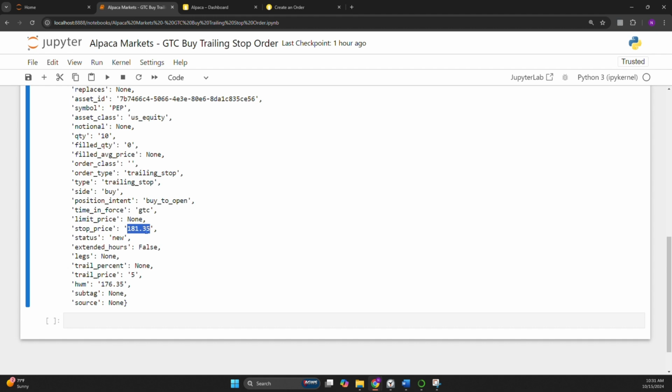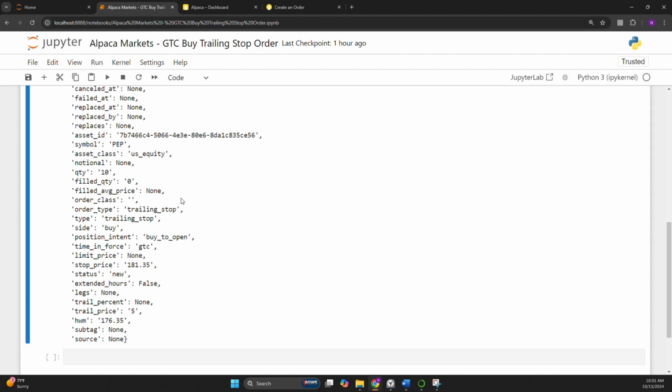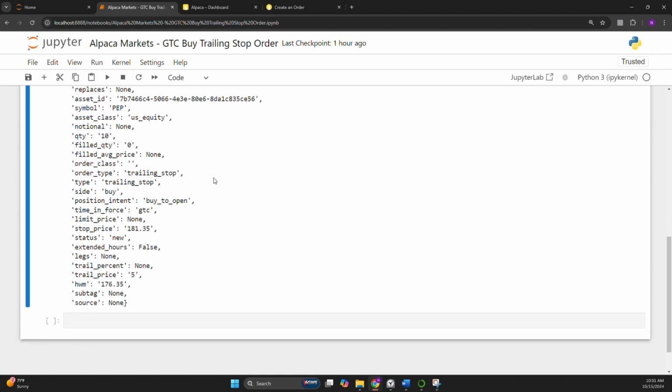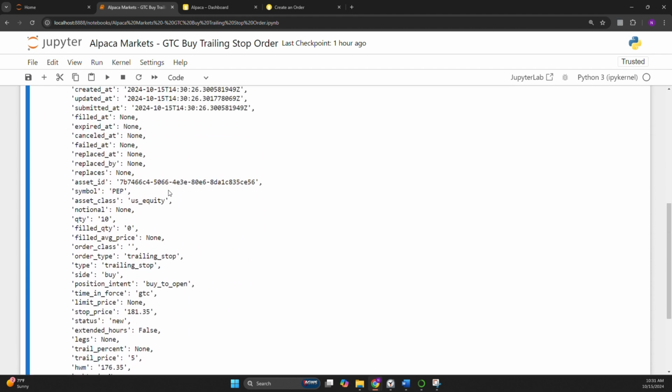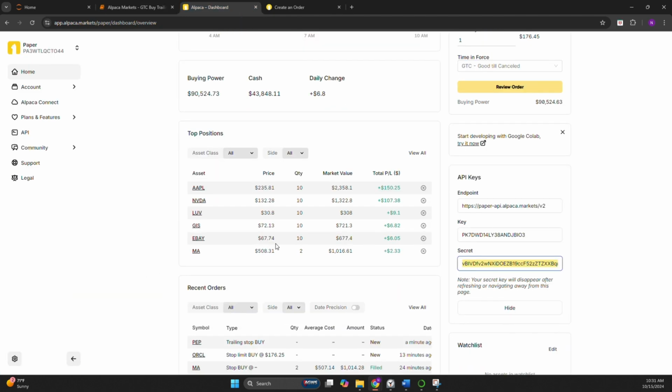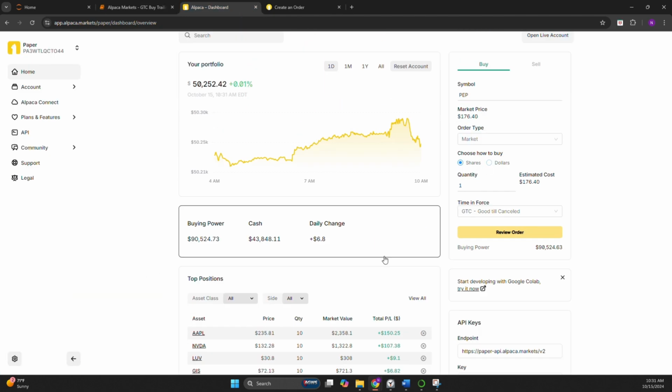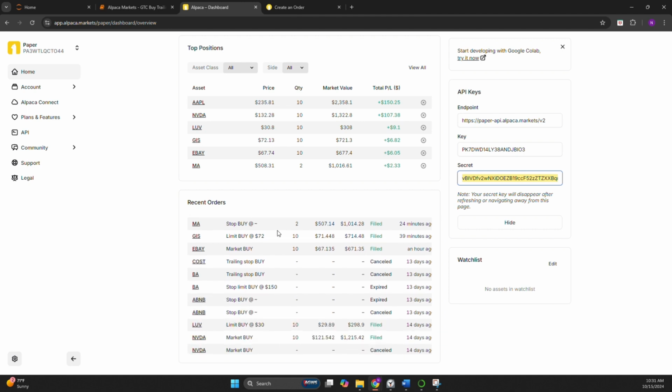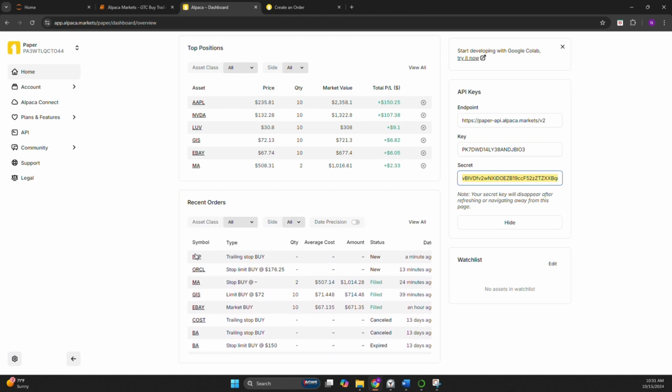And it's going to be within $5 of the lowest price that it hits once that order has been placed, and then it will execute once it comes back up to that stop price. So we can come over to our dashboard. The price is still 176.40, currently going up, not going down. This order, a trailing stop buy, hasn't been placed yet because we haven't hit that,